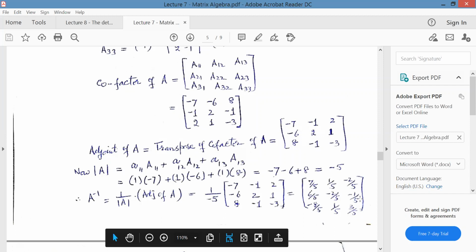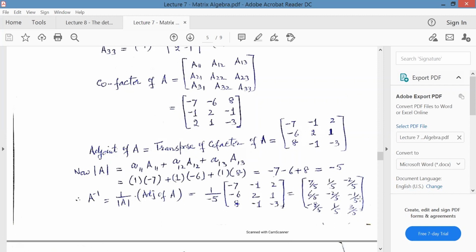And if I ask you to verify your answer, तो आप क्या करोगे? That you will multiply A inverse with A, या A पहले लिखना है. A को A inverse से multiply करना है या A inverse को A से multiply करना है. In both the cases, your answer should come to be an identity matrix of order 3 in this case.